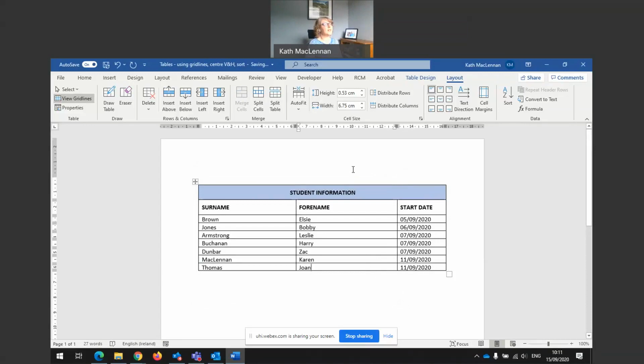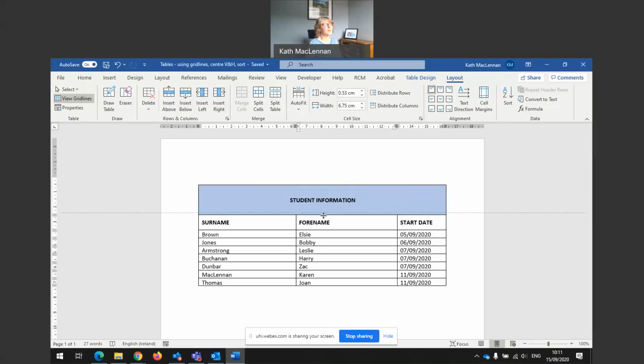Now, in order to center information, if I wanted this row with student information on it to be slightly bigger, I would sit here until I get the double lines with the up and down arrow, and then using my left mouse button, hold, pull down, and I can make quite a large, deep row if you like. I can choose to center my information as it is in the moment with equal space at the top and the bottom, or I could align it